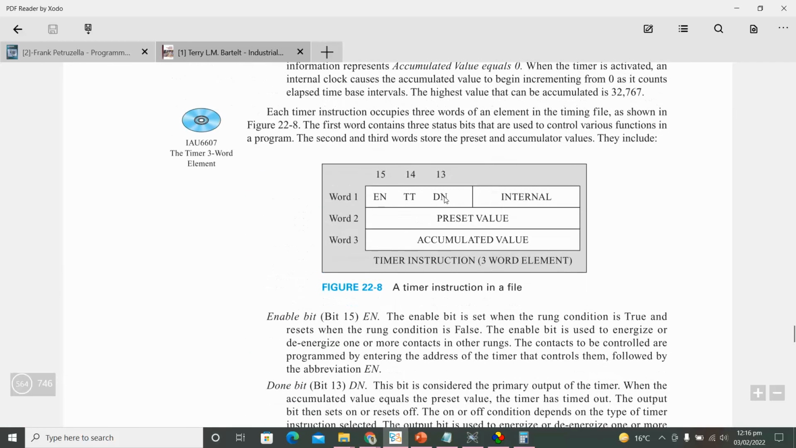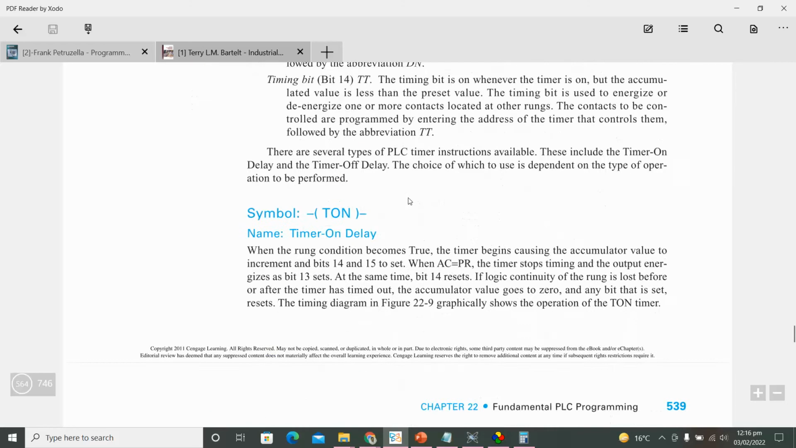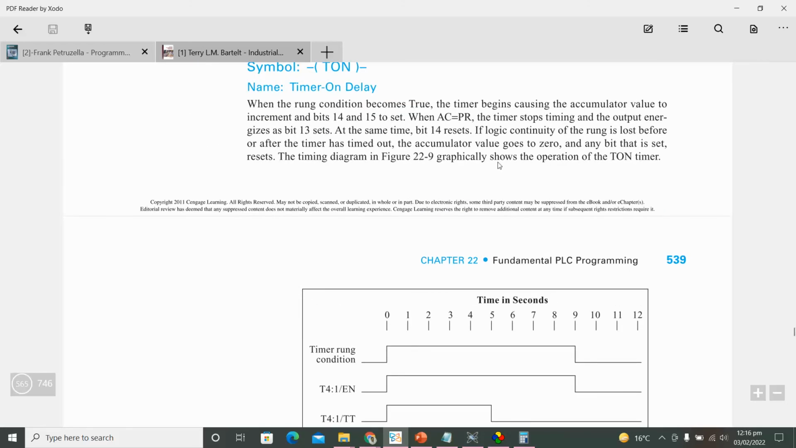At the same time, bit 14 resets. Bit 14 reset हो जाता है टी, क्योंकि वो जो एक्यूमुलेटेड वैल्यू थी वो इज नो मोर लेस देन द प्रीसेट वैल्यू, तो ये फिर जीरो हो जाता है, हमें पता चल जाता है कि भाई वो दोनों वैल्यू अब बराबर हो गए।